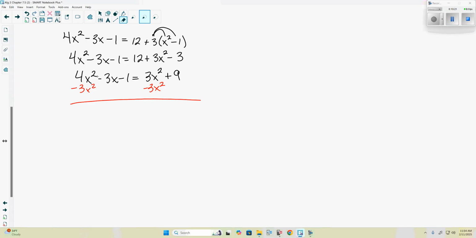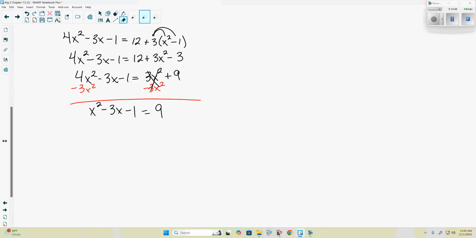I would move the square terms over first. So I'd subtract the 3x squared, because on the right-hand side, the 3x squared and 3x squared will simplify, leaving us with 9. On the left, 4x squared minus 3x squared is x squared, minus 3x minus 1. The nice thing about combining our x squared terms, our variable with the biggest exponent